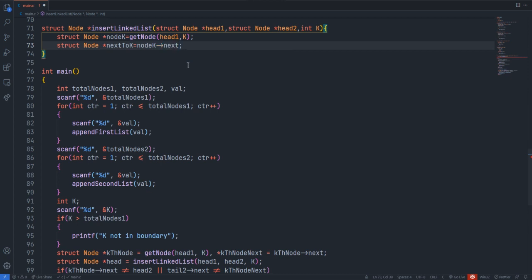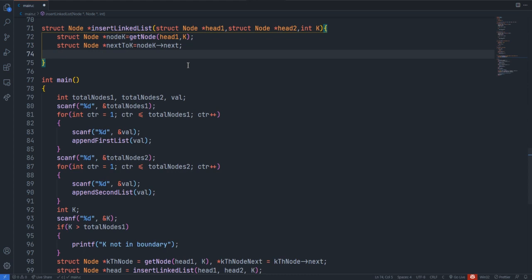This will be the time saving option, I guess. Now we have both positions. We just need to add head 2 after this node, then the rest of the list after node k. Finally we can return head 1.